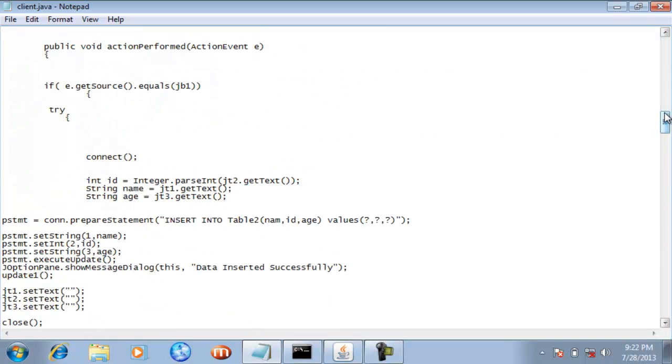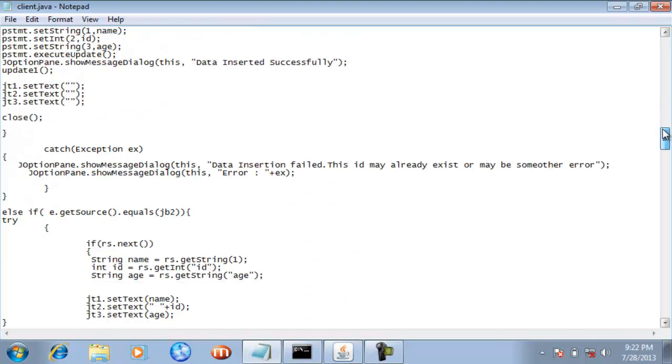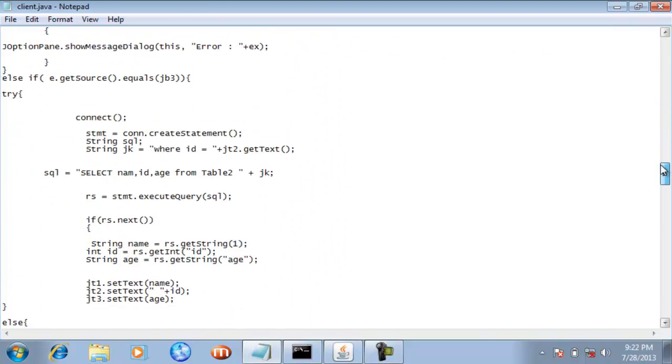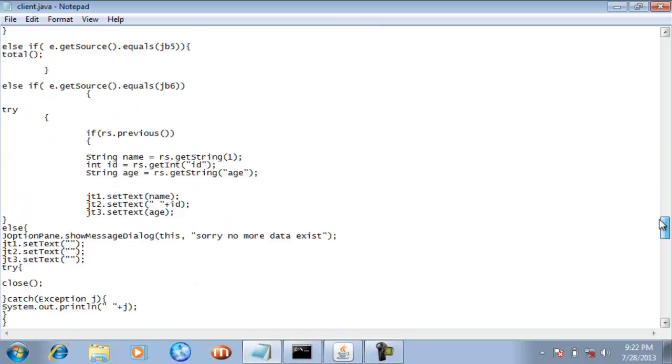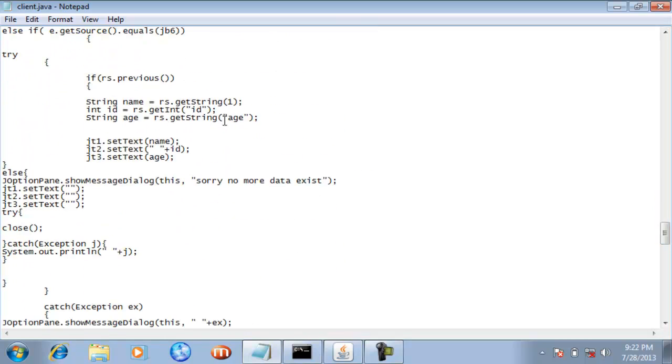Now we again jump back to that previous method. So see here, we are doing the same thing that we have been doing in the rs.next method: whatever information is existing inside this rs named object related to the row, we are transferring those column values into local variables, and after transferring those values we are displaying those local variables in our text fields with the help of these setText methods.